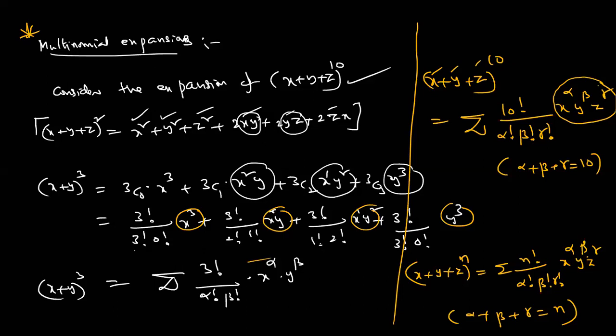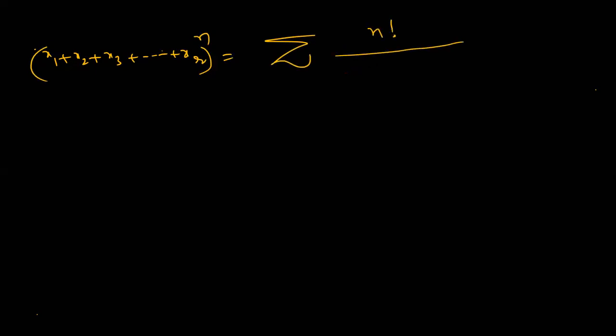Get ready. I'm proceeding. See, now generalization. Now, be careful. x1 plus x2 plus x3 and so on, xr, whole power n. How to write all the cases? n factorial by p1 factorial, p2 factorial, and so on, pr factorial, into x1 power p1, x2 power p2, and so on,